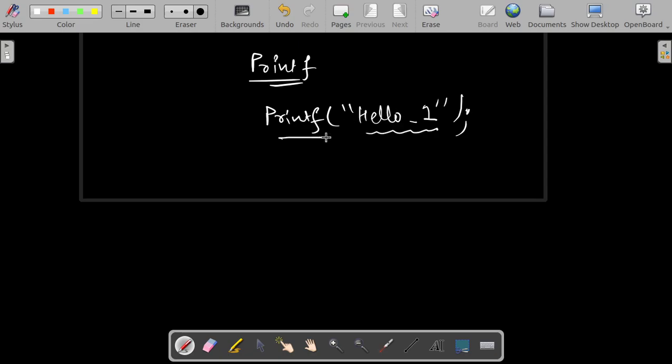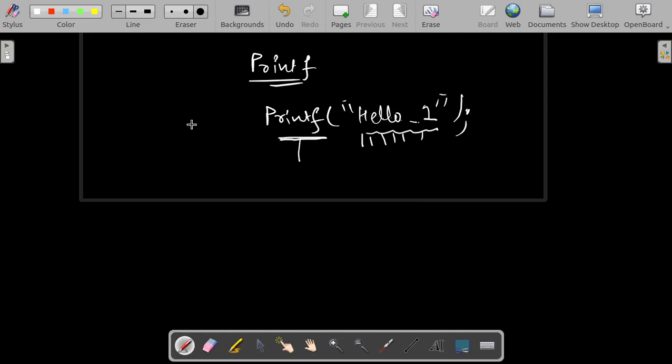What the printf function returns is the number of characters between these two quotation marks. In our case, as we have written hello underscore 1, there are 1, 2, 3, 4, 5, 6 and 7 characters.